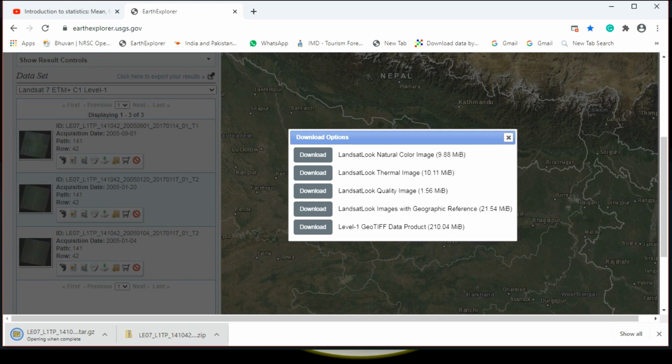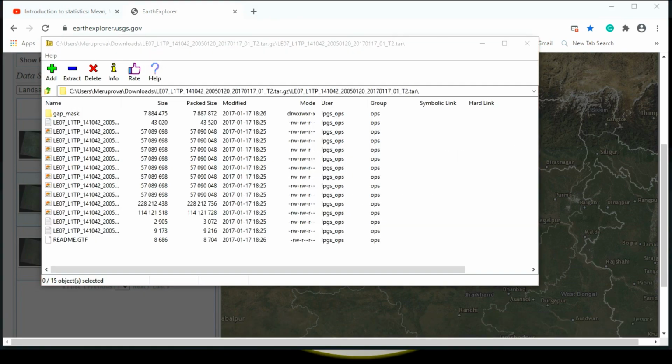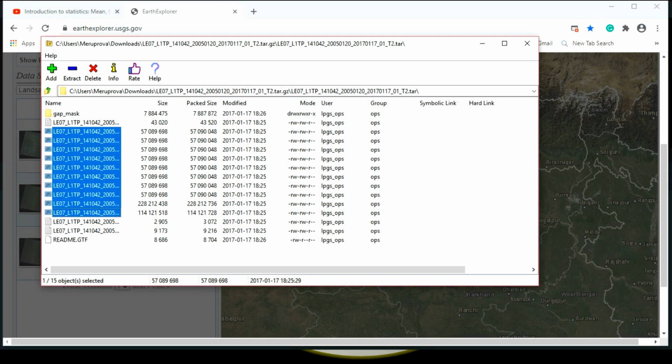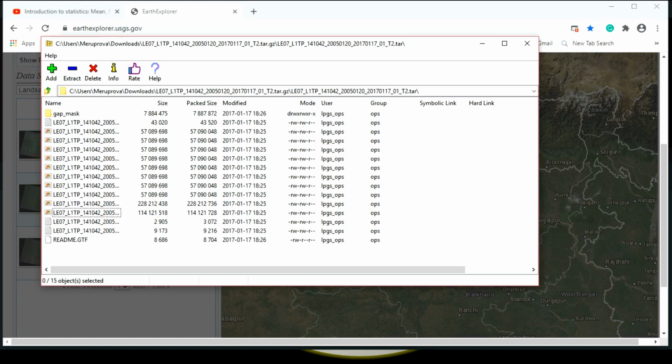Now, download has been completed. After completing the downloading process, extract the zip file. After extracting, you will be able to see the different bands of the satellite image,